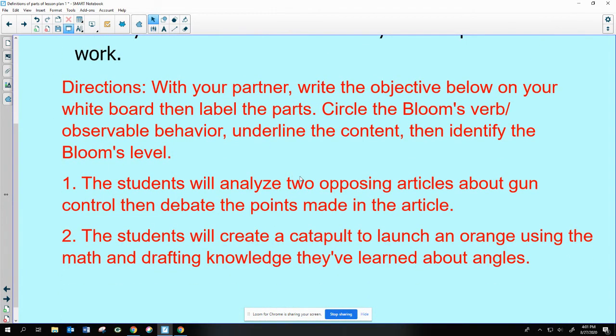So with your partner, write the objective below on your whiteboard, then label the parts, circle the Bloom's verb, observable behavior, underline the content, then identify the Bloom. So that's the same thing that we were doing before, but this time I would have you work as a partner. So the last time I did it for you, right? And I had you circle things or underline things. Then the next time I would have you do it with pairs,